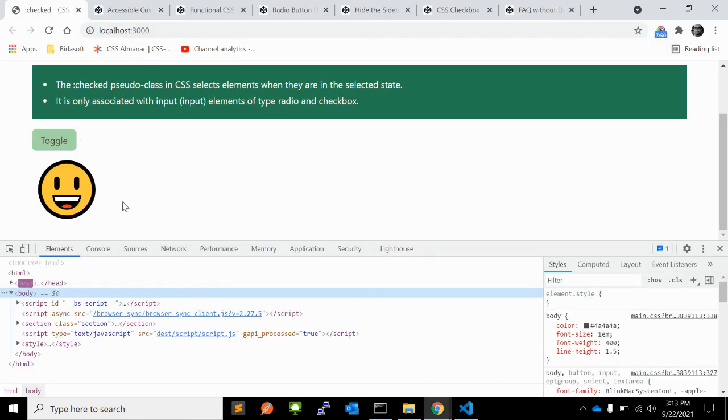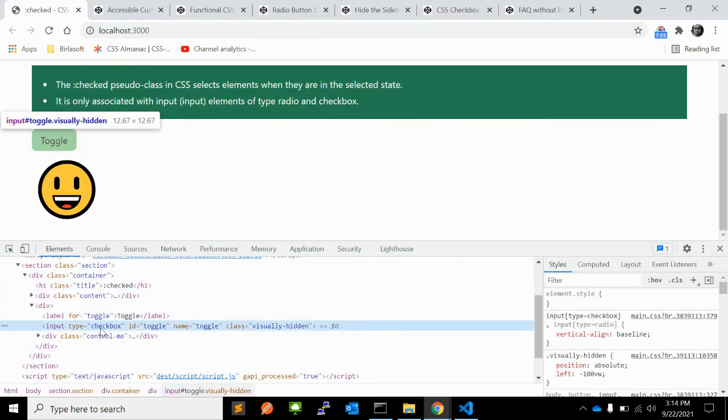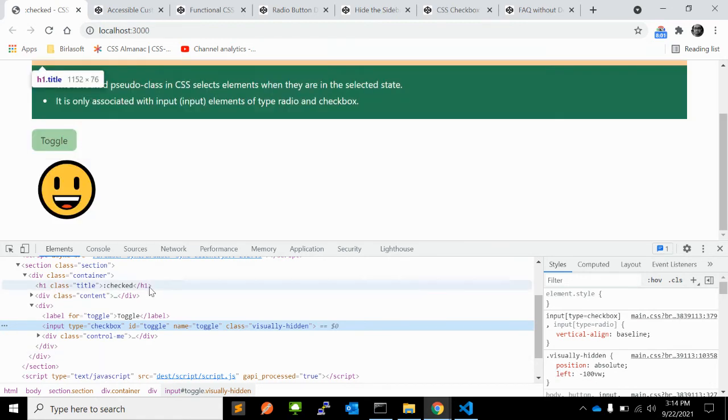So now, as you can see, the checkbox is not there because we have given position absolute and left -100 view width. It will be out of the view, the viewport.